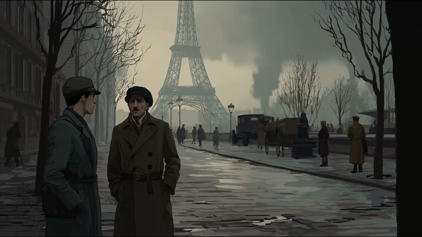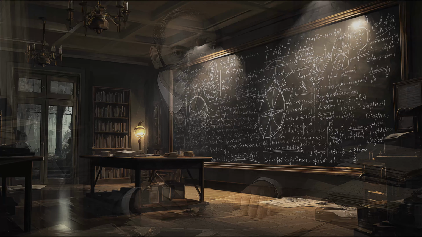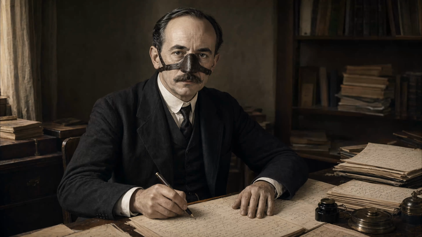Then came the Great War, and two French mathematicians named Gaston Julia and Pierre Fatou. They were working on something called complex dynamics. Julia, by the way, was a certified badass. He was injured in World War I where he lost his nose. He spent the rest of his life wearing a leather strap across his face while doing some of the most